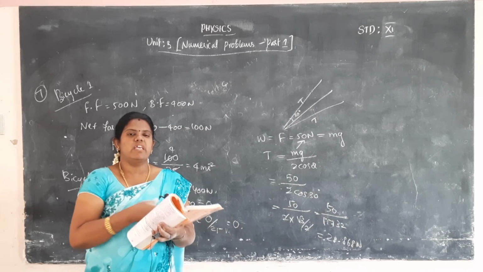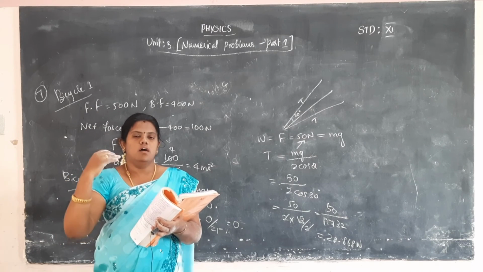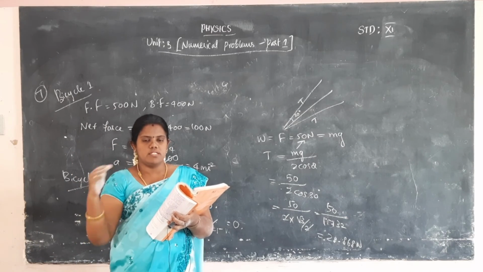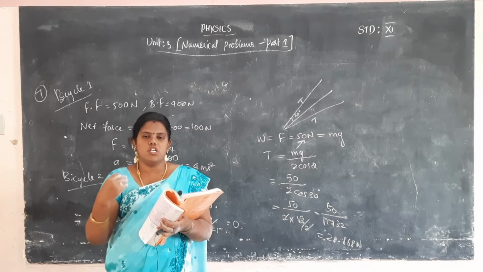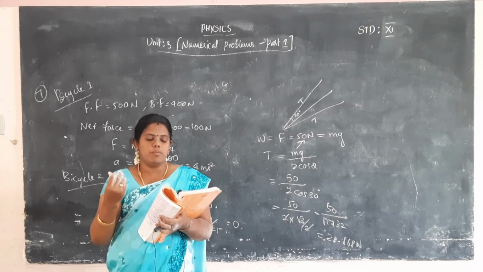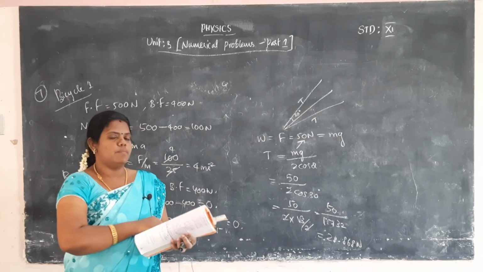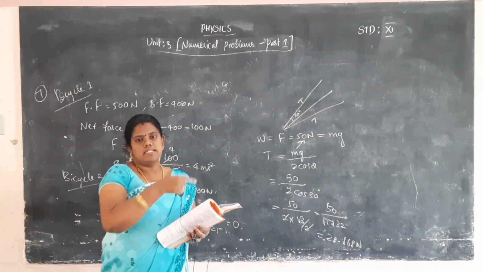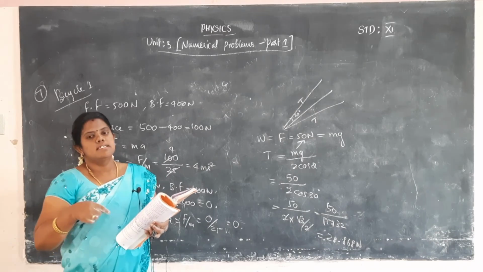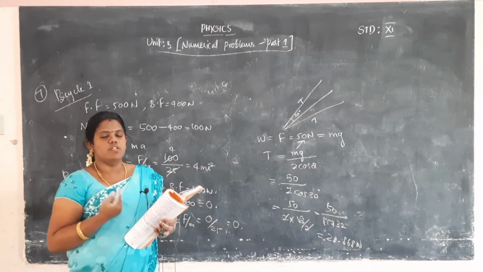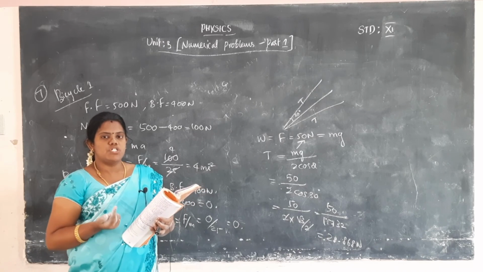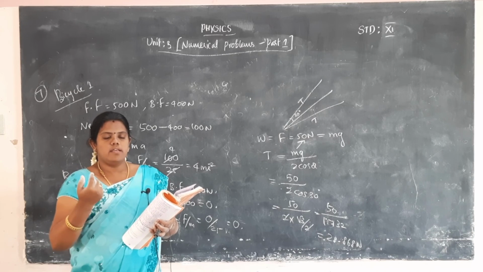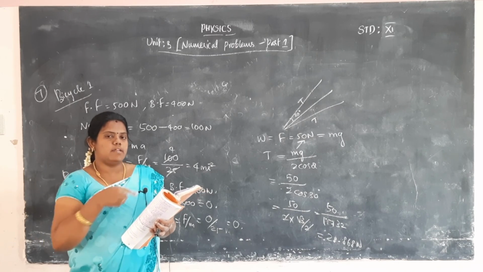Okay. Fourth problem, we keep the 4 books: 11th volume 1, 11th volume 2, 12th volume 1, 12th volume 2. We keep the 4 books on the table. What are the forces acting on each book? Draw the free body diagram. Okay, easily draw the free body diagram. And fifth problem, we take one simple pendulum. The bob is attached to the string. The bob movement gives two forces. One is tangential force, another one is centripetal force. We easily calculate the centripetal acceleration and tangential acceleration acting on the string.